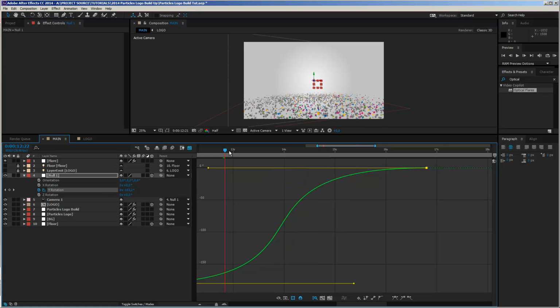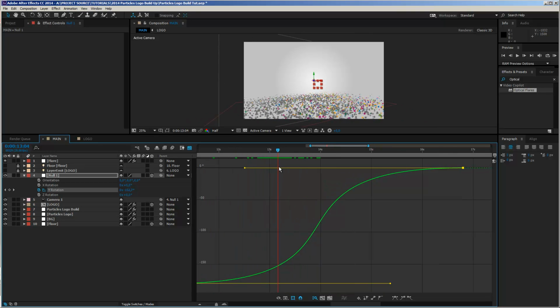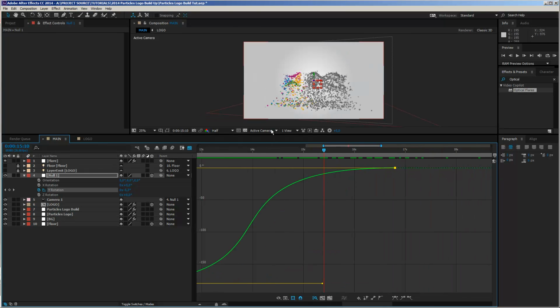And now you see we get a little bit other dynamic. So it starts really slow and then it should turn faster while it's building up, and then it's slowing down again. So this is probably my movement that I will use, and then the logo is being revealed.